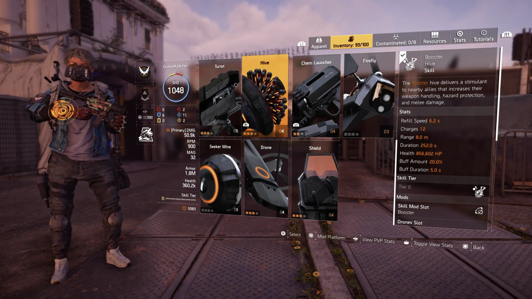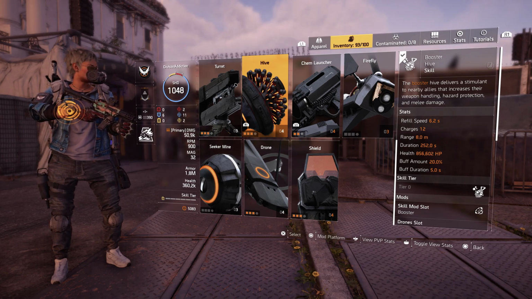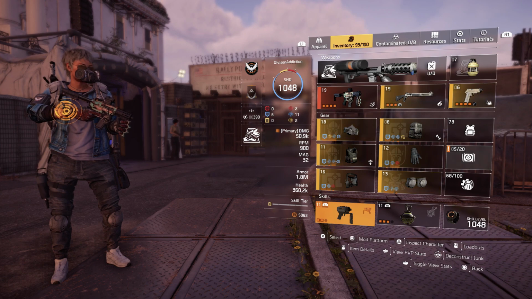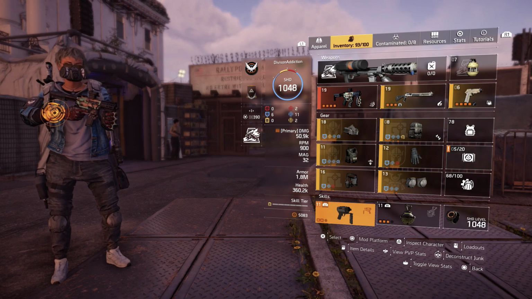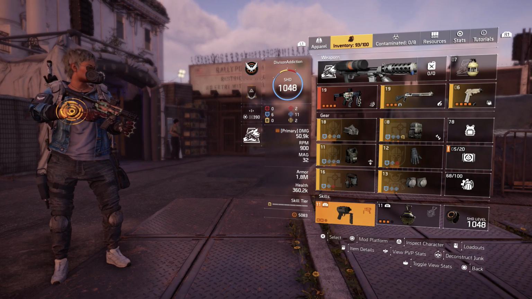This template, correct, you could probably be sitting at 70% hazard protection with the booster hive active, which will be decent. And as you can tell, I've got the foam on as well. But wait, before you go mad at me, okay? With this build, if someone